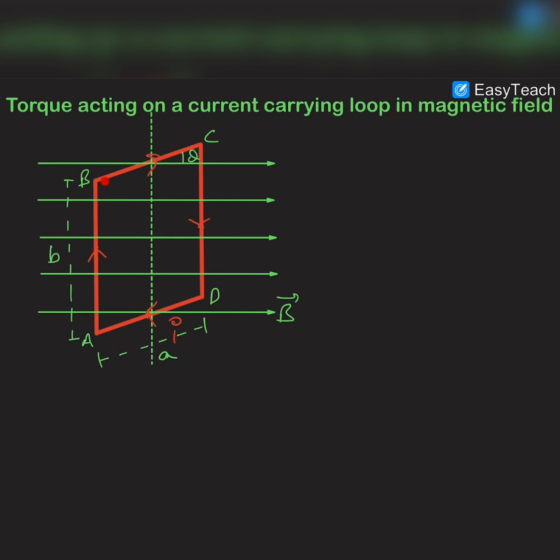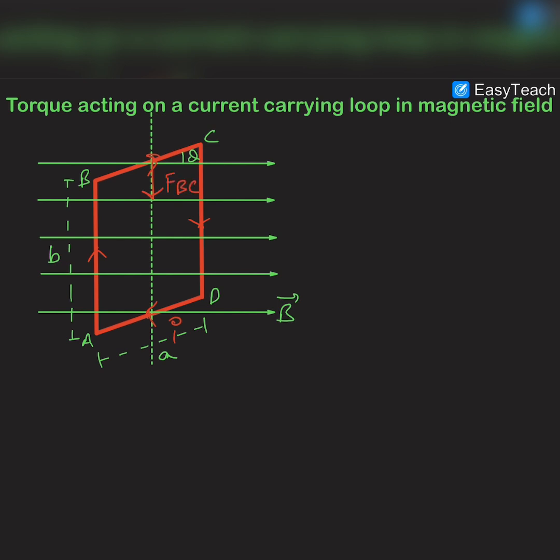flowing in this direction. You can see the force acting on the wire BC. If you take the components of the magnetic field, one parallel to the wire, one perpendicular to the wire, and then apply Fleming's left hand rule, you will see that the force will be acting on this wire in the downward direction,